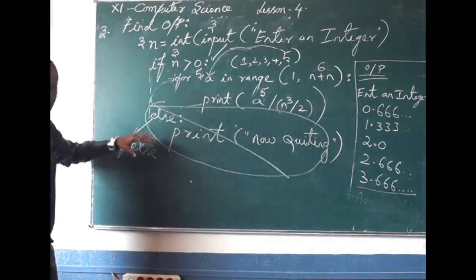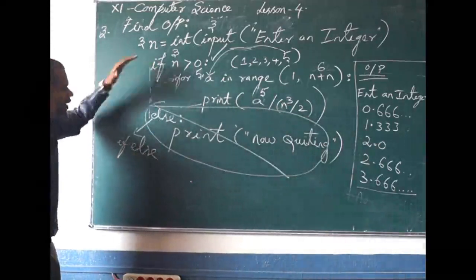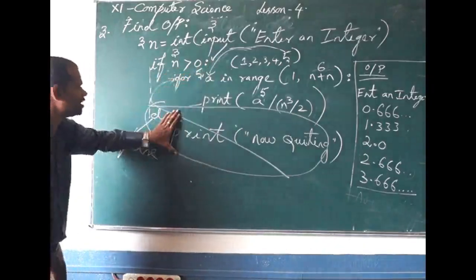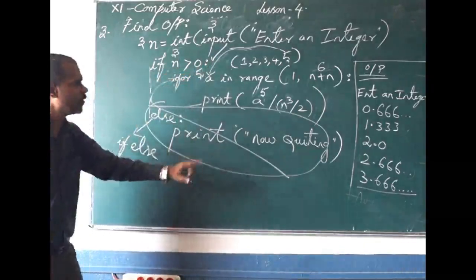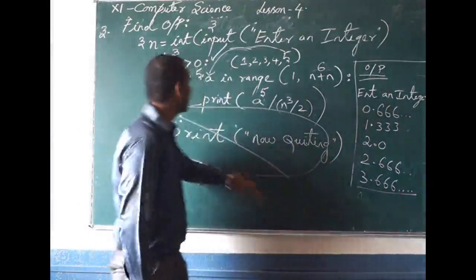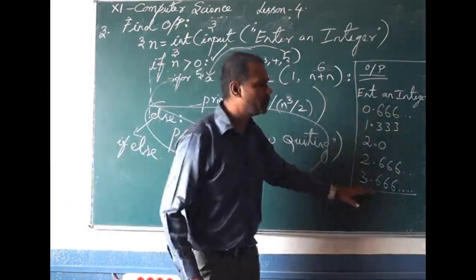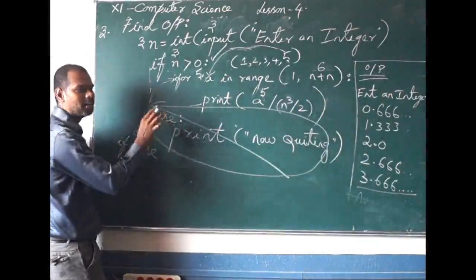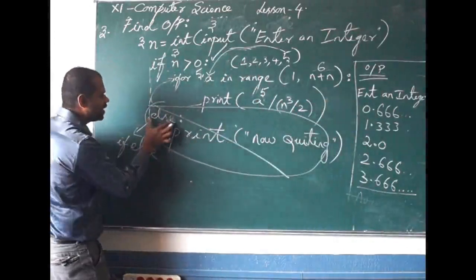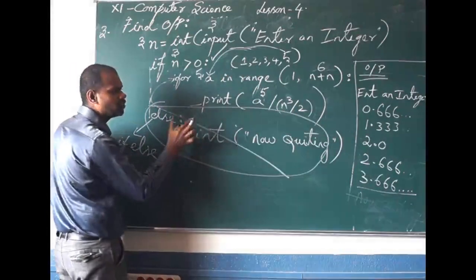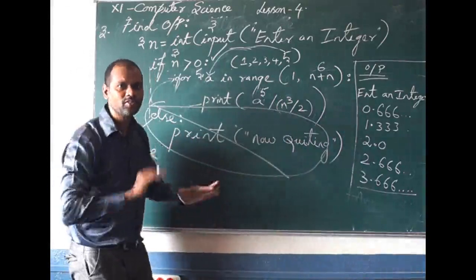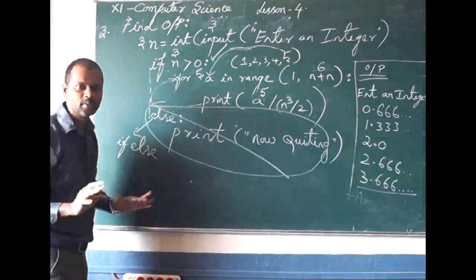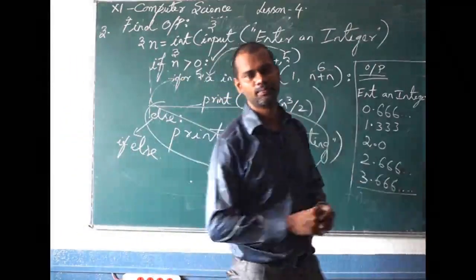If else, if the if part executes, the else part will not execute. So since this condition is true, this else part will not execute at all. That's why "now putting" is not printed, whereas because of the for loop, everything will be printed. In the if else, it will not print "now putting". In the for else, it will print "now putting". Understand? So this is the difference between for else and if else. Got it? Okay. So thank you very much.